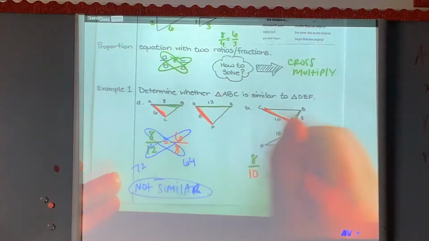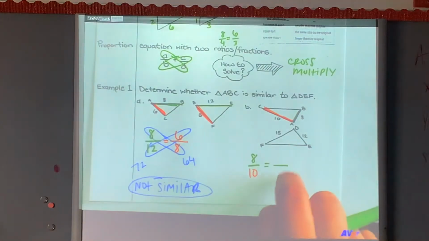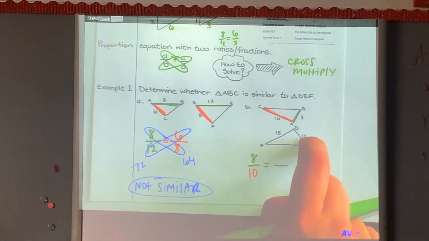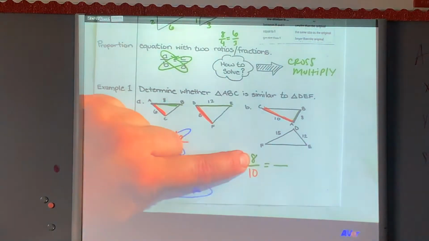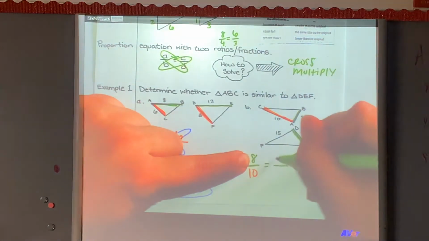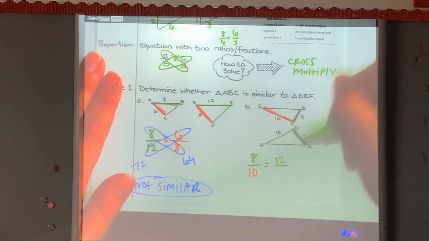8/10. I'm going to set it equal to another fraction, but on the next fraction, I'm going to need to use both of these numbers from the second triangle. However, I have to make sure that I put them in the right place. On the top, I used the 8, which was the green color, which means I have to use the green color on the top, the same line. Remember, these are called corresponding sides. They are the same side of the shape,